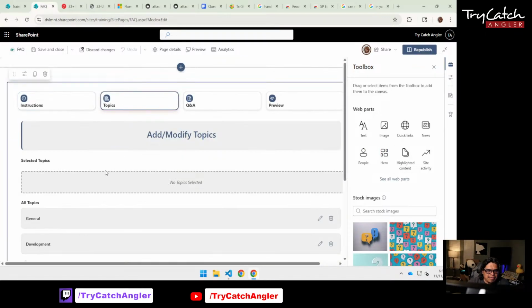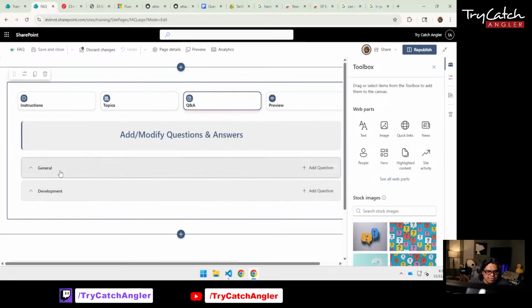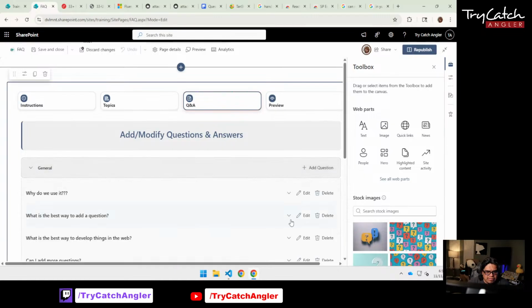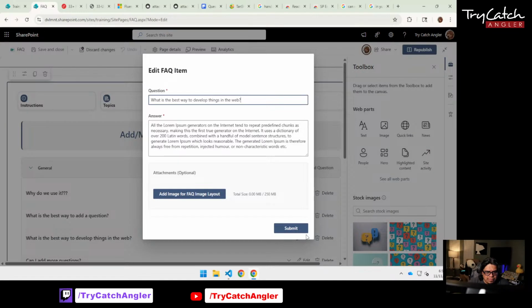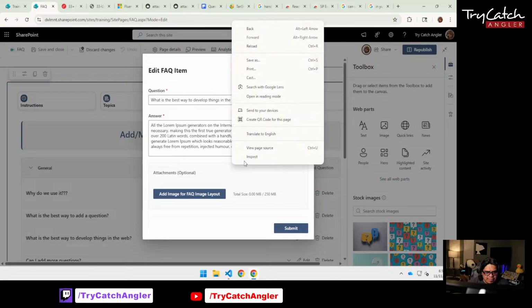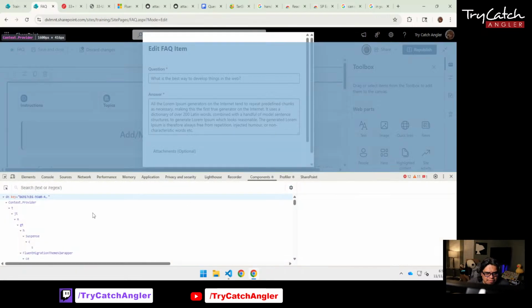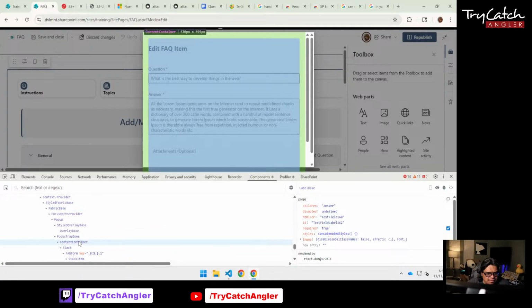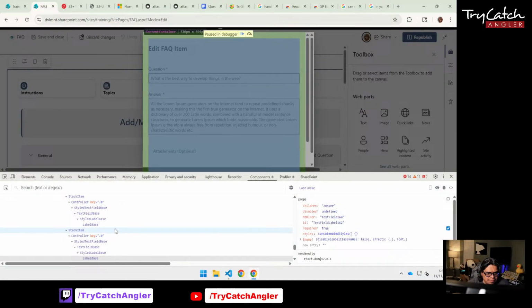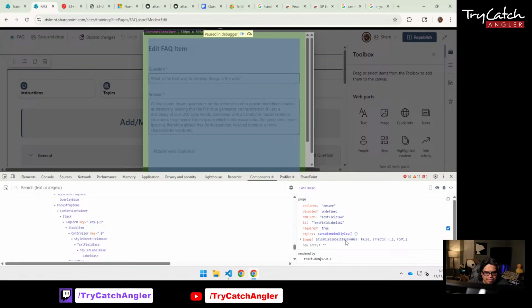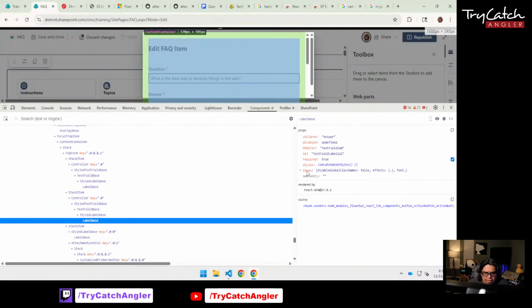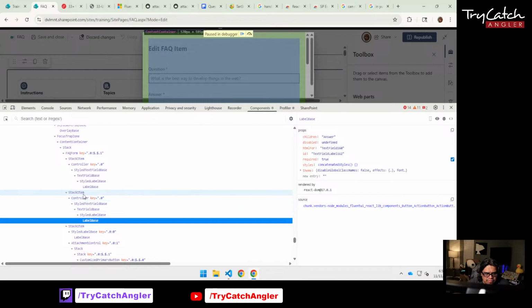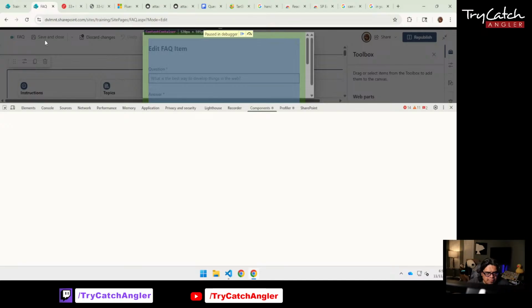Now we go to topics. We add our topics, go to Q&A. Let's look at our question, and let's inspect it. We go to components. Look at our form component. Components. FAQ form. So why is it not letting me select the FAQ form? I think